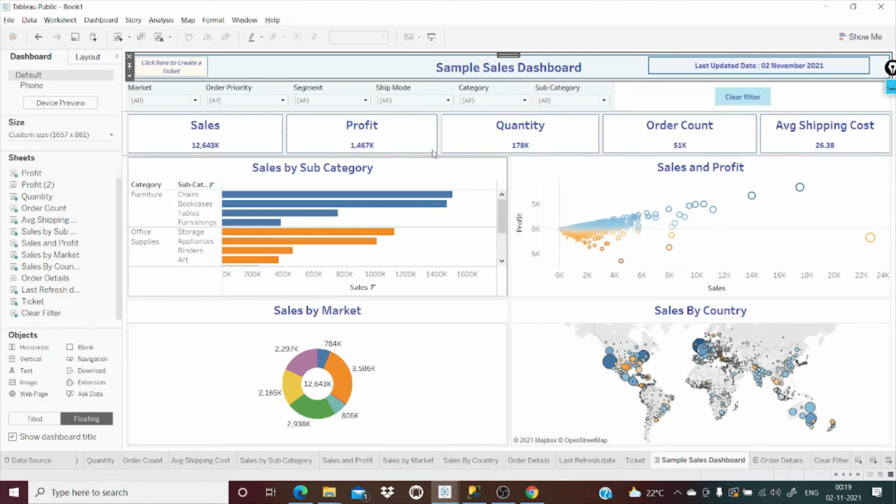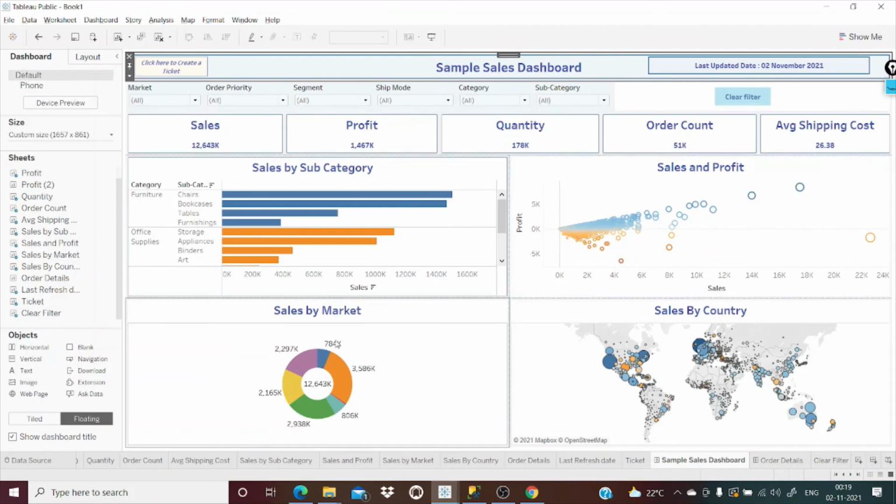So even this got fixed. I did not do anything. Might be it was something to do with Tableau. So fine. Okay. This is the dashboard which we developed. We have not used any calculation field to create values like sales, profit.